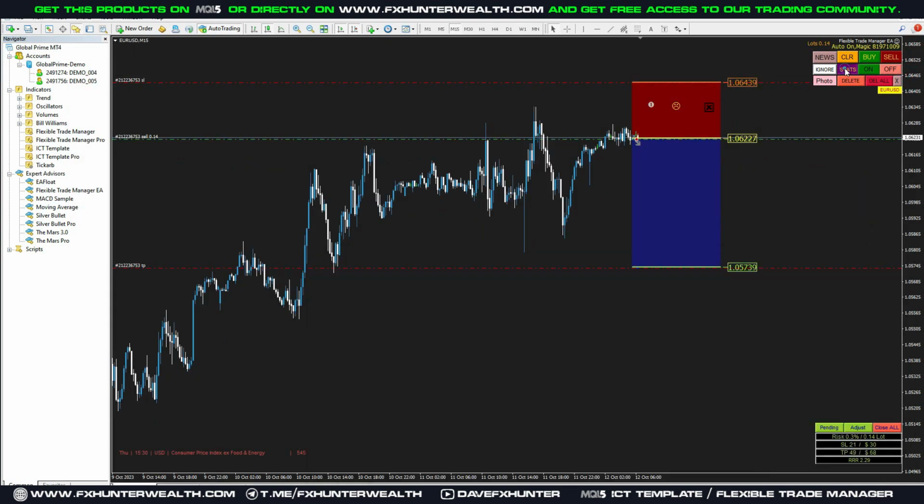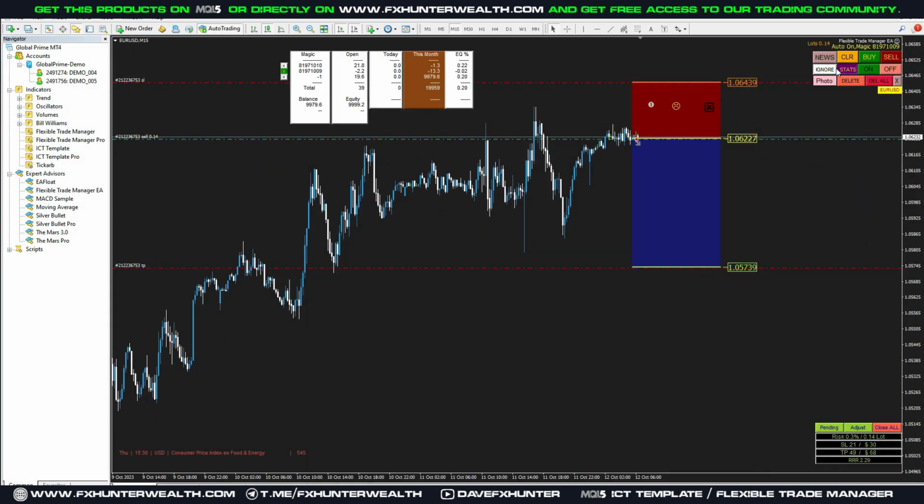Next feature in here is the stats. If I click on it, I can see all my trades in here, and what I can do is simply close some trades in here. I can close all trades for the magic number 8, 7,